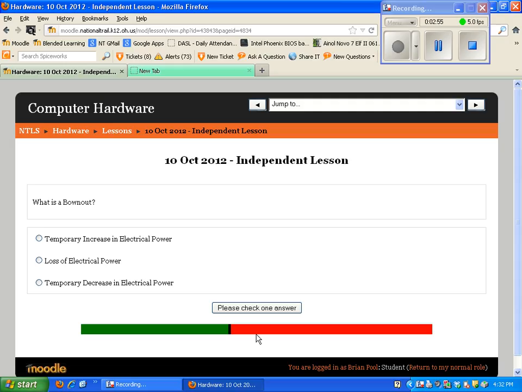So after this, if the sub's done the attendance, you guys can just get out your tablets and start watching the videos from there. If you don't have your tablet, I would like the sub to make note of who doesn't have their tablet, because it is required to have your tablet charged every day, and you can get out and use the laptop if you need to do this lesson just as easily as the tablet. In fact, let's say this. If you're having problems with the video on the tablet, you can use a laptop,